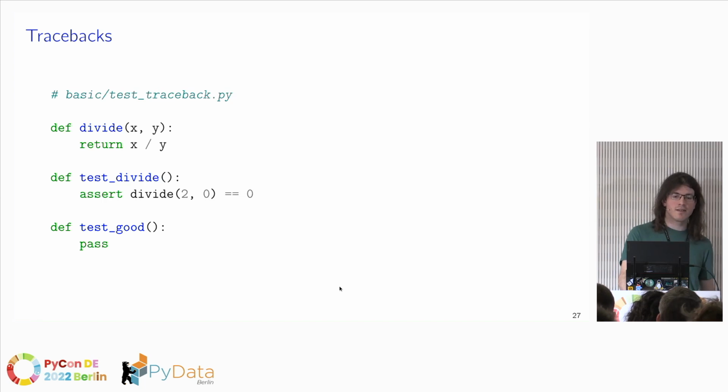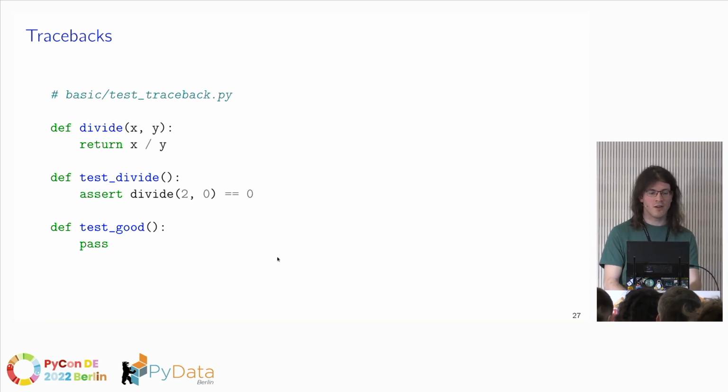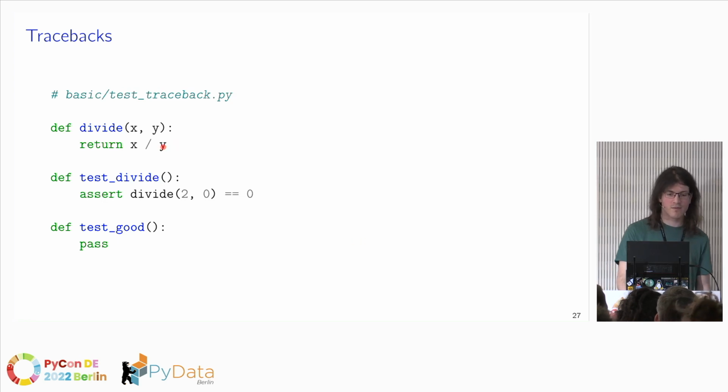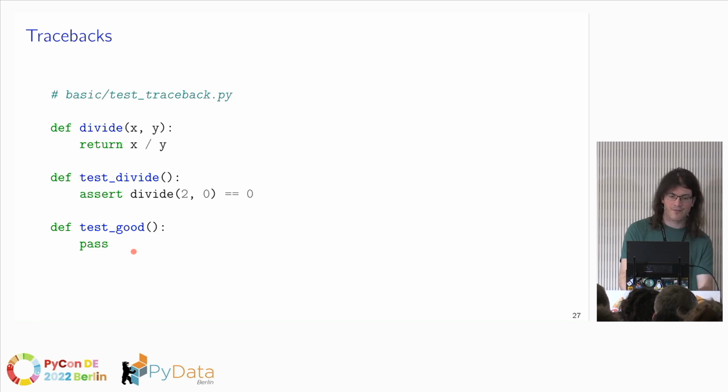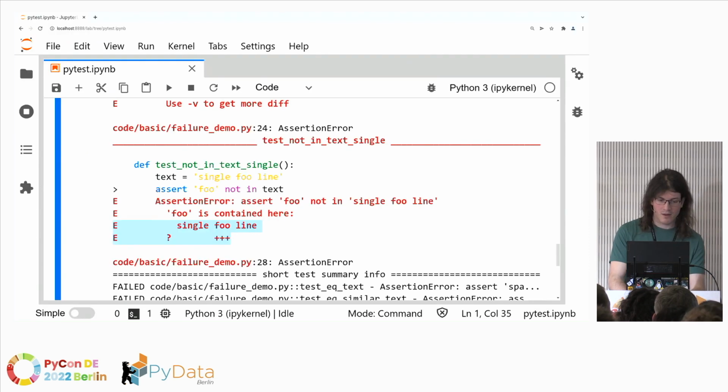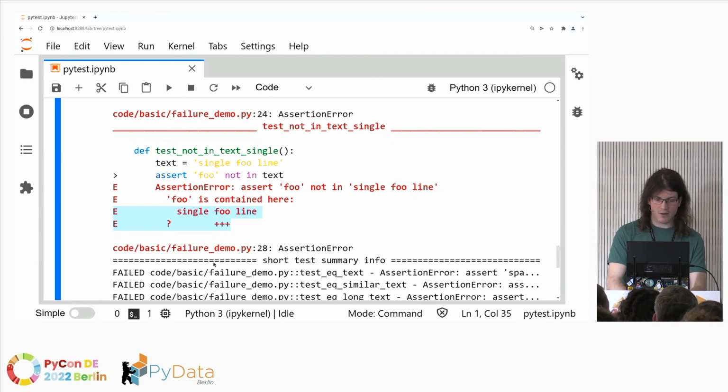Now, if there is an exception, for example, PyTest will also show us a traceback, of course, and also try to enrich this with additional information. So here we have a divide function, which just divides x by y, and a test for it with a divisor of 0. So this will raise a ZeroDivisionError. And if I'm running PyTest again over this,